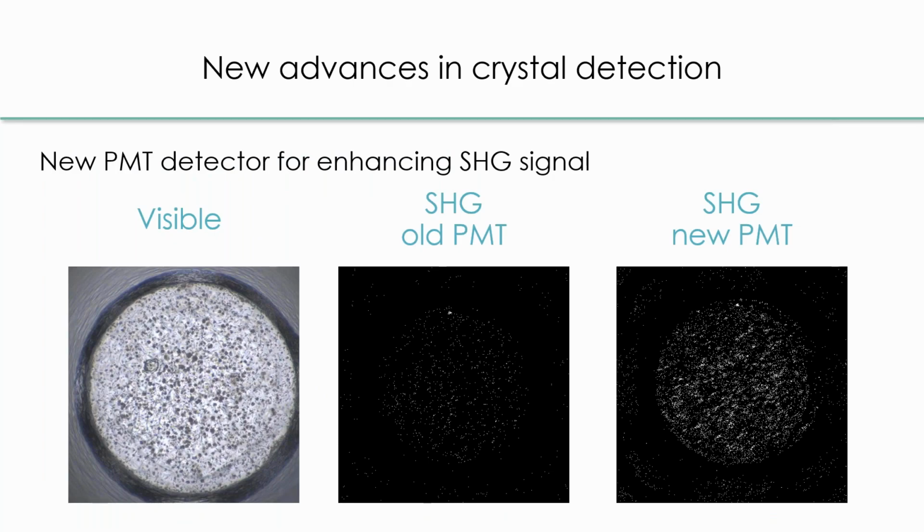So I want to just end the last few minutes with some new advances. One of the things that I know that Mayank already talked about was that there is a new photomultiplier detector for enhancing the SHG signal. This is, again, really helpful for detecting nanocrystals. This is an example of one of the wells from one of our 1536 trays that we sent out to Formulatrix where they tested for us how well it does. And really, we do see an enhancement of about 5 times for most of the wells